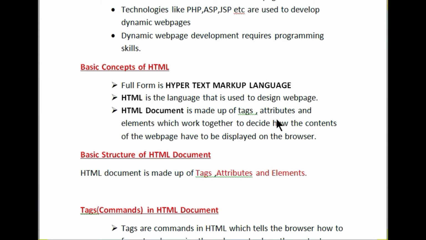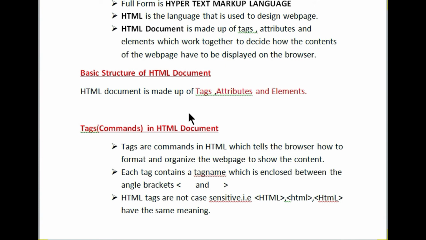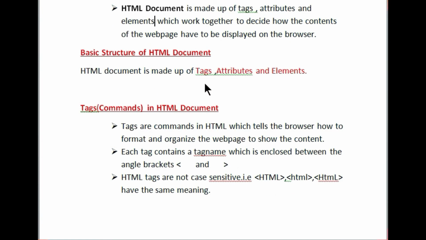These work together to decide how the contents of the web page have to be displayed in the browser. Next we are going to look in detail at the meaning of tags, the meaning of attributes, and the meaning of elements.